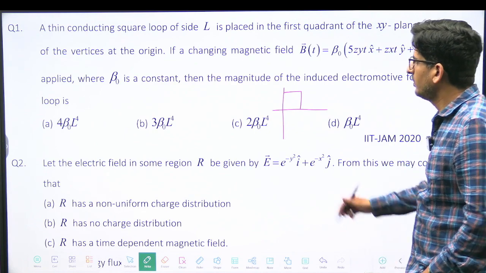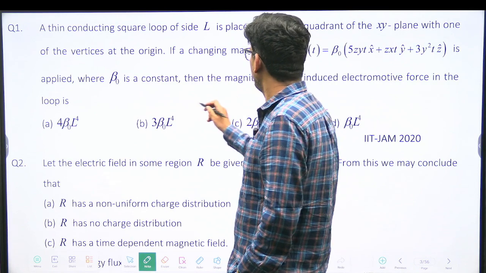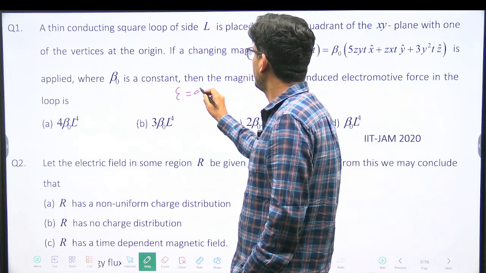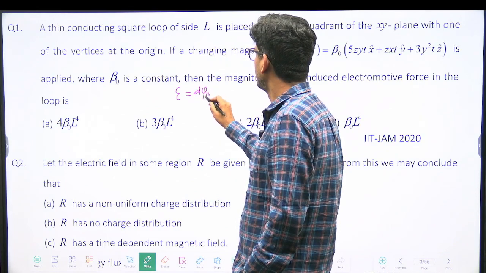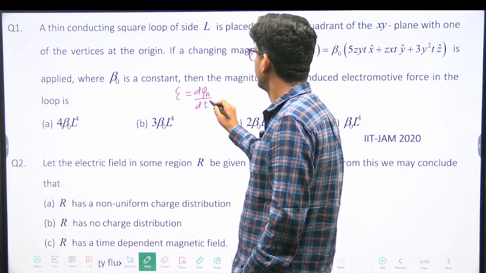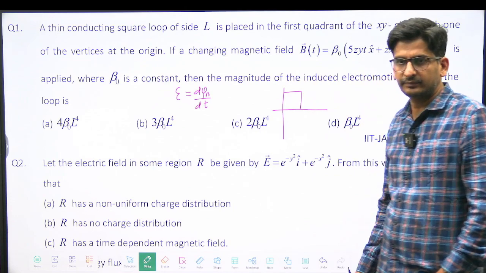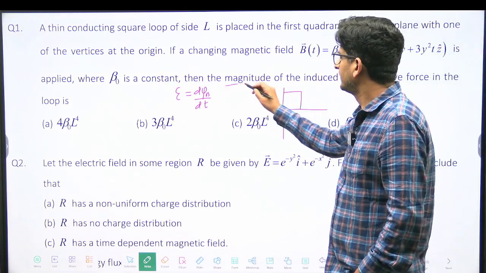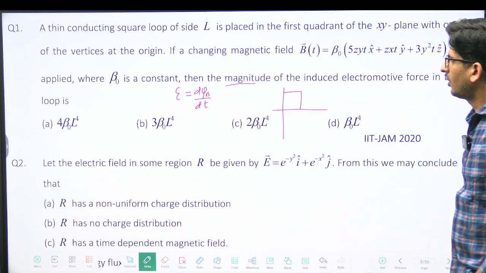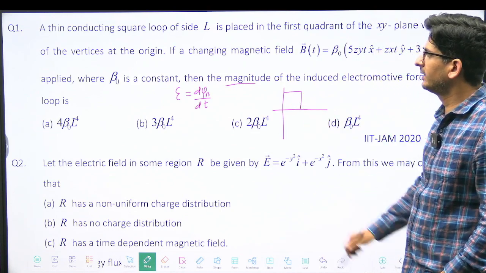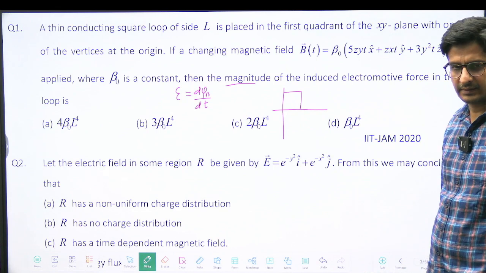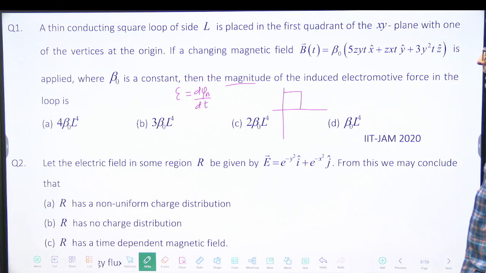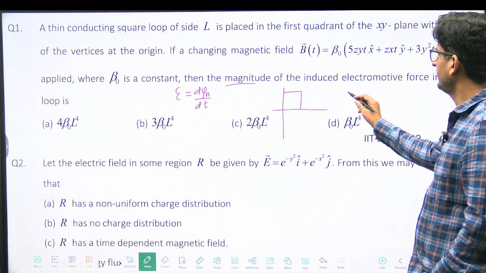So we know that if I want to calculate the EMF, the magnitude of the EMF will be given by d phi B upon dt. Okay? The magnitude of the EMF is given by this. So obviously we have to calculate the magnetic flux. Okay? And magnetic flux will be